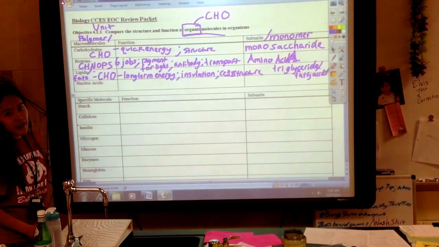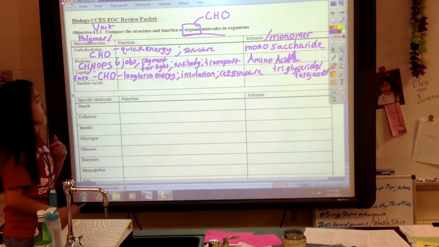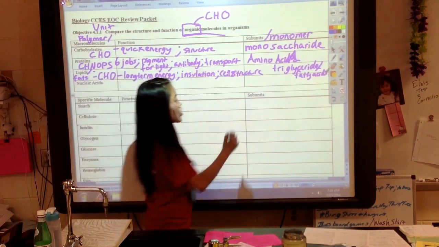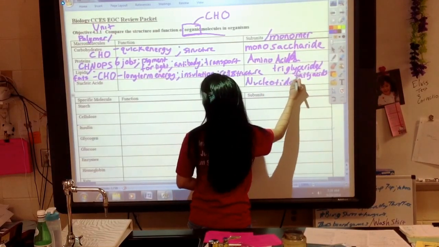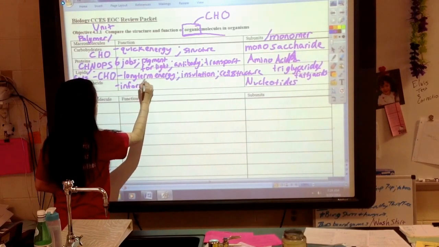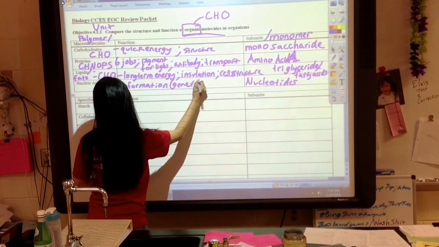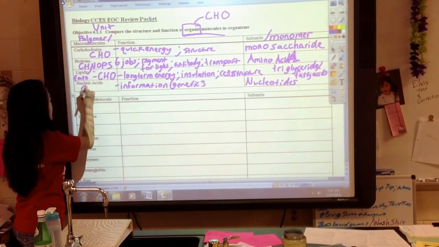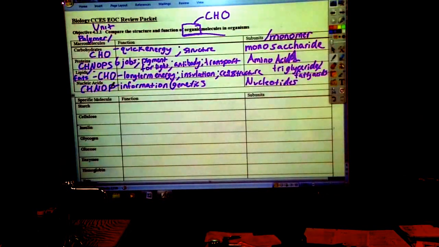Then you have your nucleic acids. Nucleic acids contain information in the form of the monomer nucleotides. And the main function, again, is information. Your genetics. Here you'll have the elements C, H, O, N, P. Okay? You won't have the sulfur there. Then here what you'll have is your specific molecules,